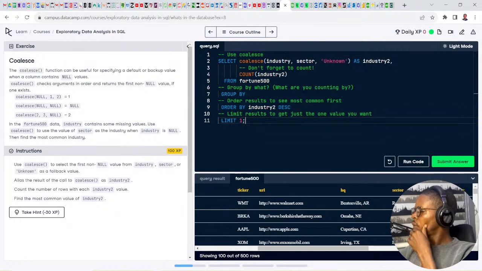I'm trying to figure out what you are counting by there. Count the number of rows with each industry2 value. Count the number of rows. Come on, think. Alias the result of the call to coalesce as industry2. Then count the number of rows with each industry2.